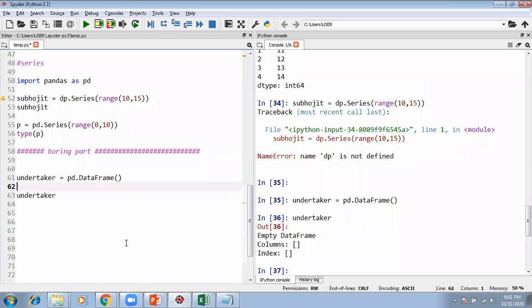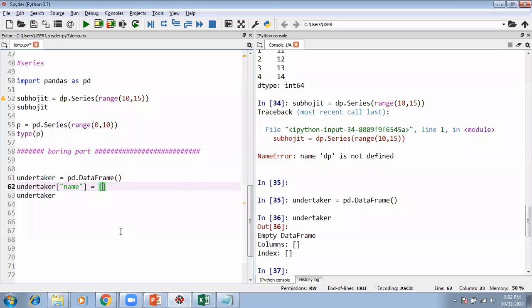But if I wish, I can add a column. How? By writing my data frame name, Undertaker, then within brackets I can give a name, maybe I will name it name. That means within Undertaker, I'm adding a column called name, equals, maybe ABC. I'm writing more than one value, so I told you whenever you're writing more than one value, you need to put them in square brackets.